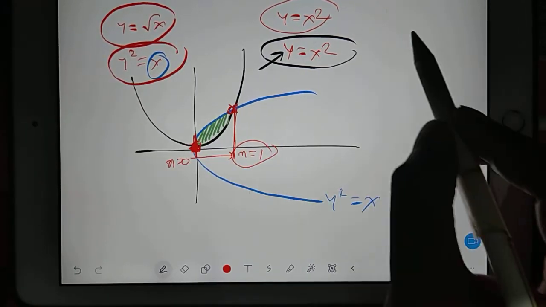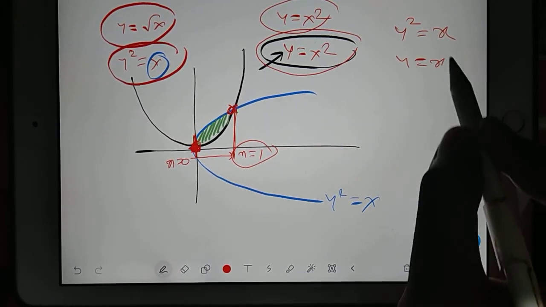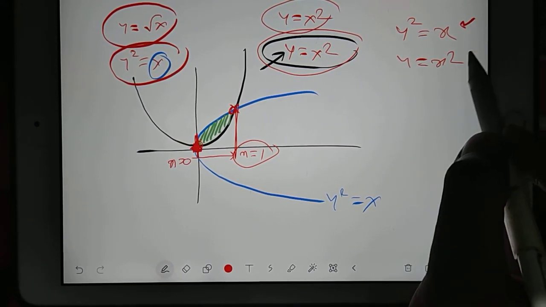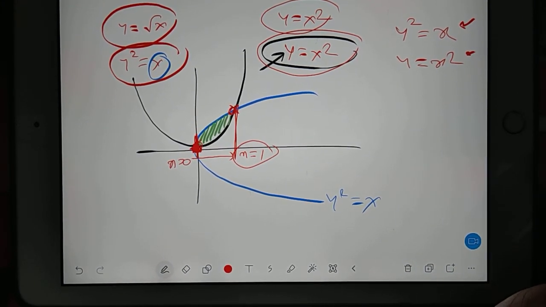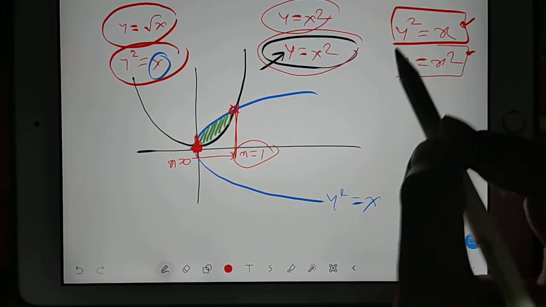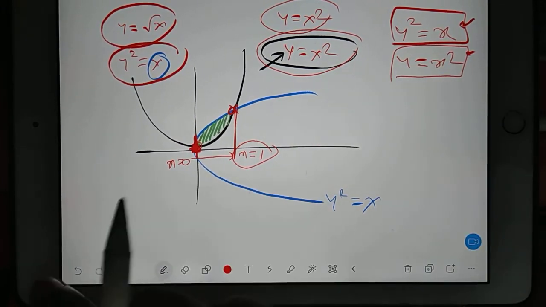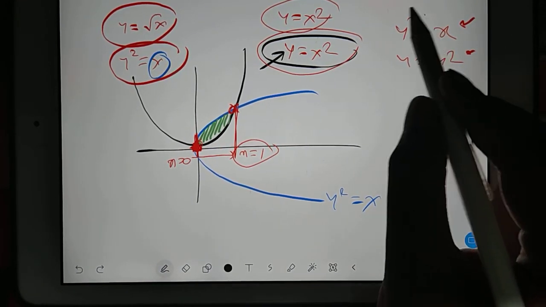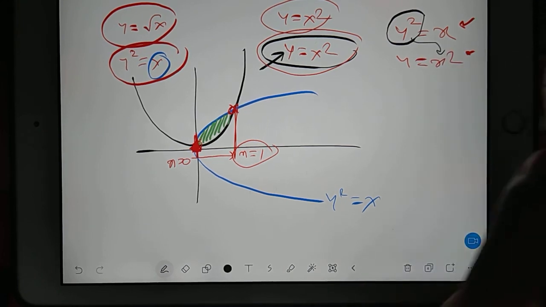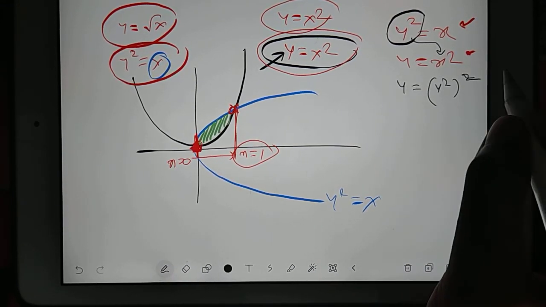So you have y square is equal to x, and you have y is equal to x square. So they both will be equal. For which case? Only for one they both will be equal. Y square is equal to x and y is equal to x square, they are equal only for one. Other than that they cannot be equal. But how will you find out mathematically? Anyway, it is your burden, but you can solve this. This y square value you substitute here in the x. So y is equal to, it will be y square whole square, right?